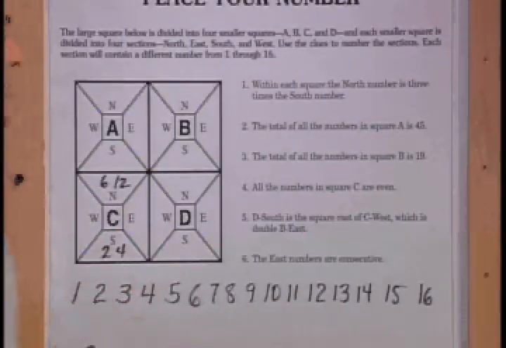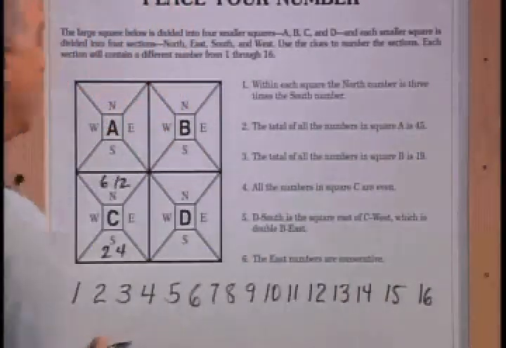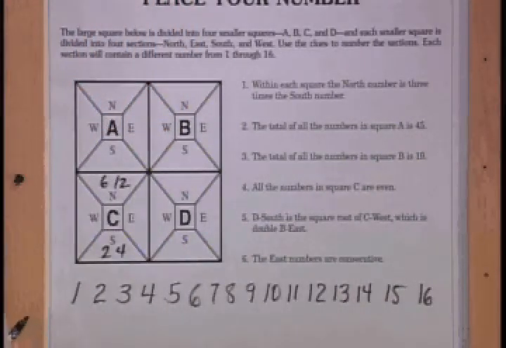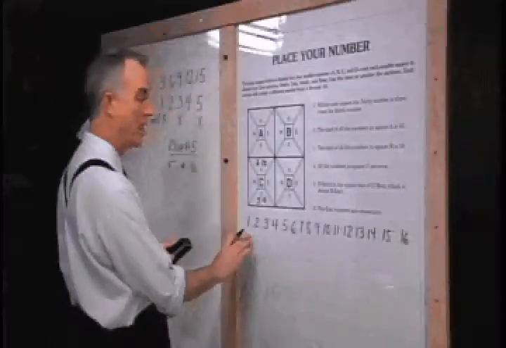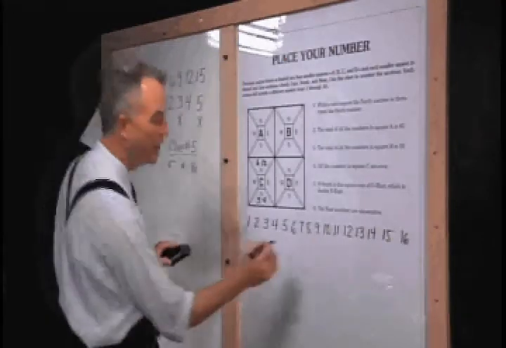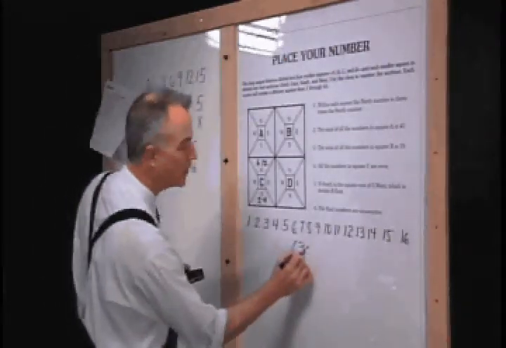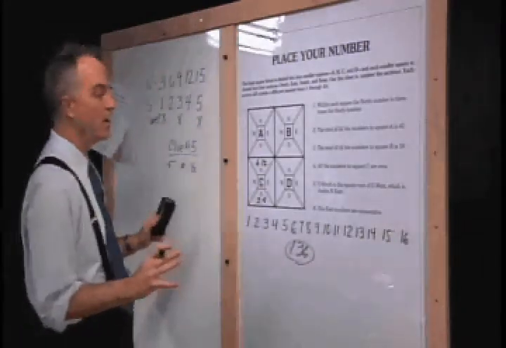Let's return to clue number 2. The total numbers in square A are 45. Did you know that if you add up all of the numbers, 1 plus 2 plus 3 plus 4 all the way to 16, they add up to 136? That's just a piece of trivia. Knowing that